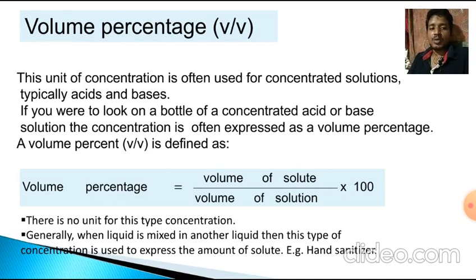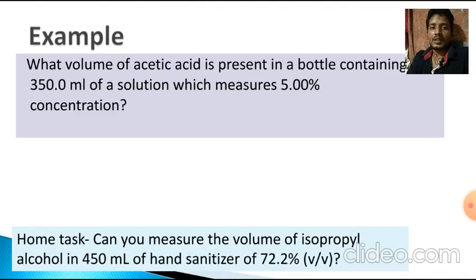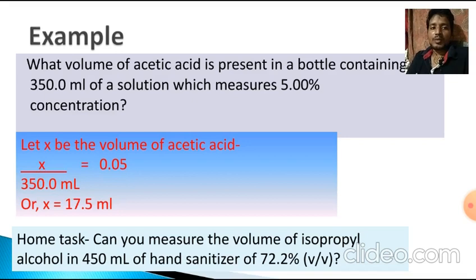ppm is an important parameter to measure the concentration of solute in solution. It is defined as the amount of solute by amount of solution into 10 to the power 6. As a definition, ppm is the number of milligrams of solute present in 1 liter of solution. This is equivalent to amount of solute by amount of solution into 10 to the power 6. This is used when the amount of solute is very, very small. Hardness of water is expressed in ppm.